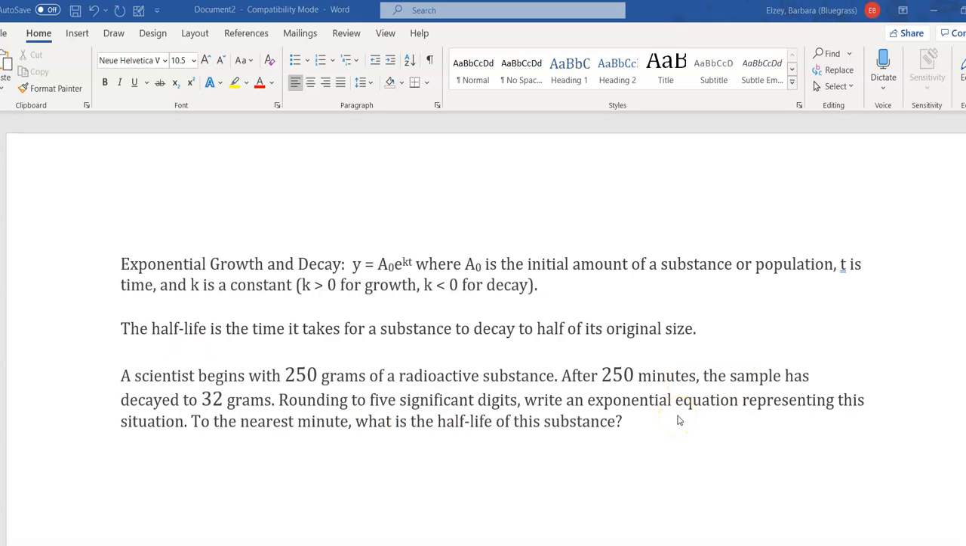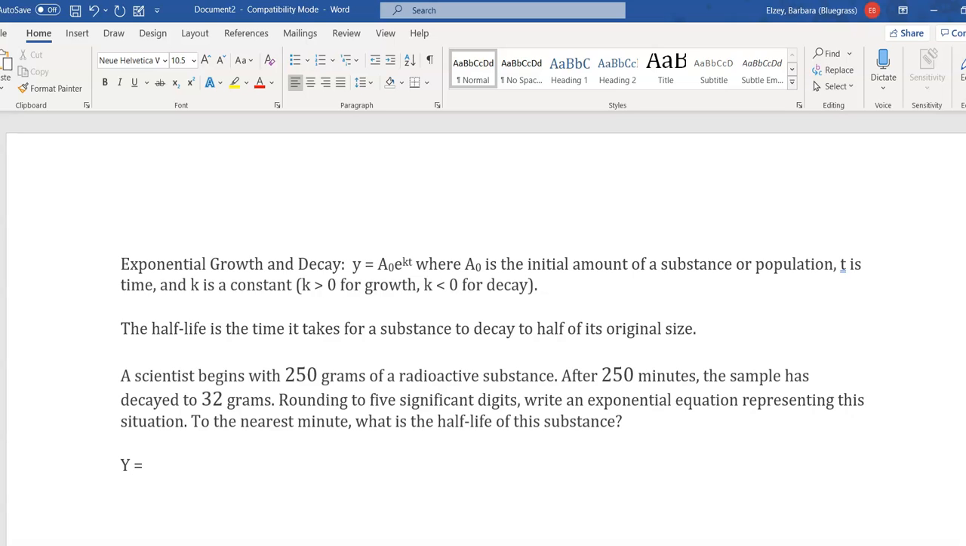A scientist begins with 250 grams of a radioactive substance. After 250 minutes, the sample has decayed to 32 grams. Rounding to 5 significant digits, write an exponential equation representing this situation, and then to the nearest minute, what is the half-life of the substance? All right, so